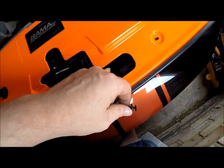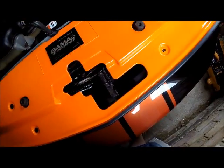And as is typical with all these jobs, I was just about to put one in and I dropped one through that gap and it's fallen onto the tray underneath. Why does it do that? You know,